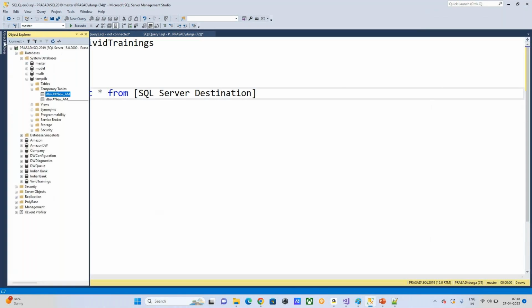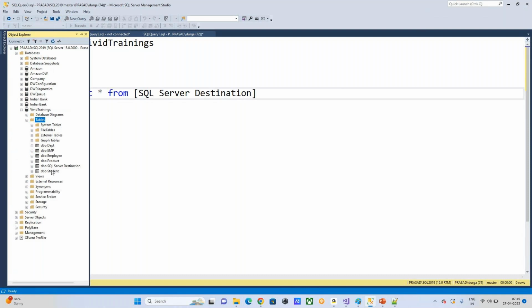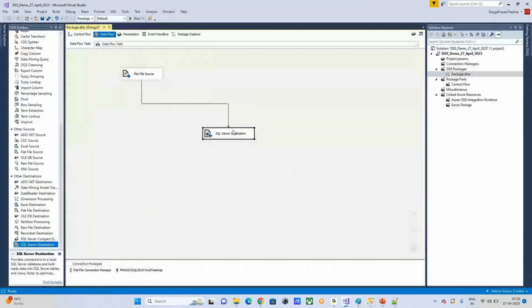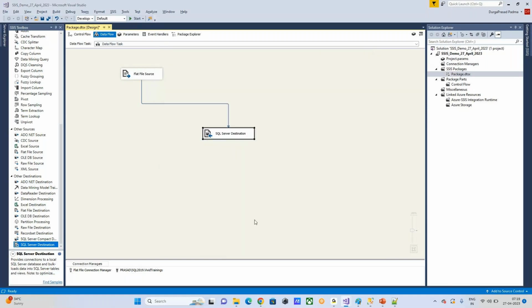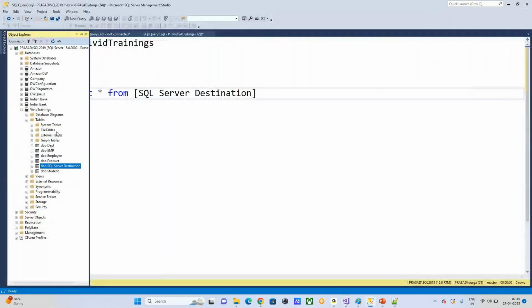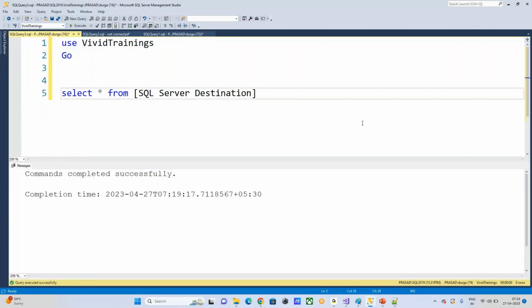If you go and see the trainings database, and look at the table, you can see the table SQL server destination. Once you click on OK here, it is going to create the table inside the database automatically. Automatically it is going to show you. So let me do,